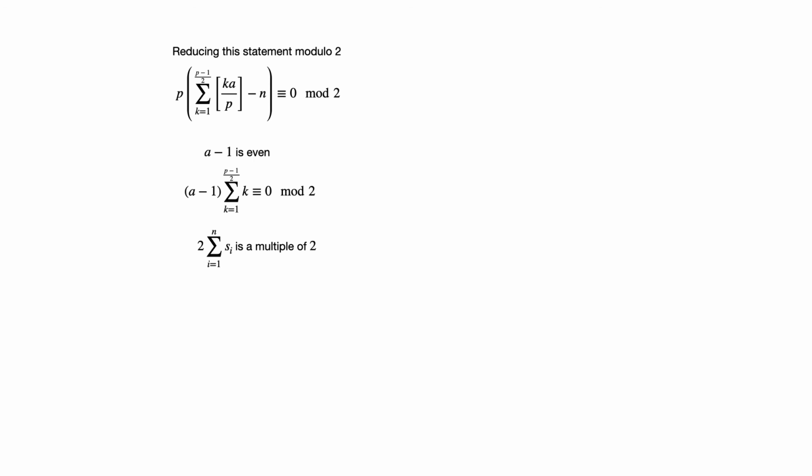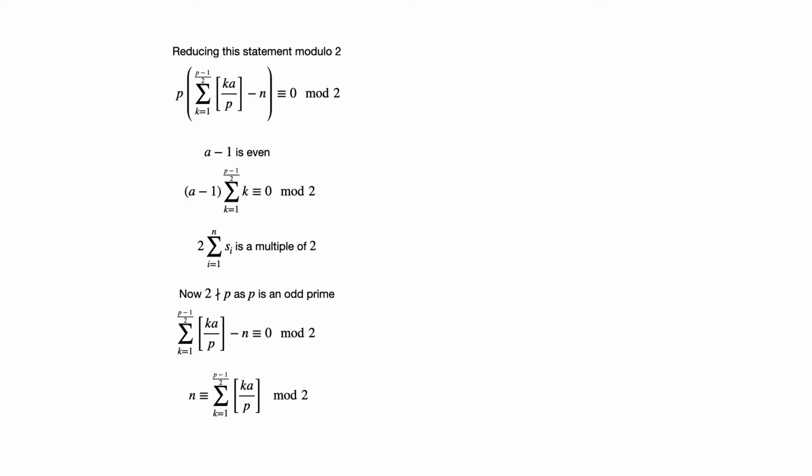Now 2 does not divide p, as p is an odd prime. Therefore it must be the case that the sum as k goes from 1 to (p−1)/2 of the greatest integer part of ka/p, minus n, is congruent to 0 mod 2. This ultimately leads to the statement that n is congruent to the sum as k goes from 1 to (p−1)/2 of the greatest integer part of ka/p modulo 2, which was the goal of our endeavor. Thus we can write that the Legendre symbol (a/p), which equals negative 1 to the power n,